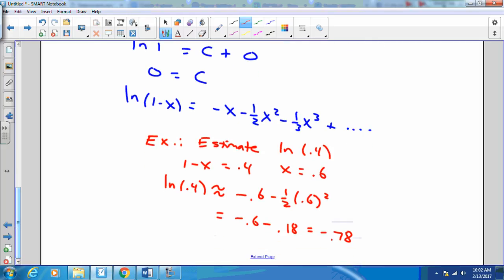Did I do something wrong in the evaluation? X is 0.6. I just have to, I guess, so the actual is, what was it, negative 0.9162. Okay. So that's not very impressive, and I guess it's not very impressive because our series is slow to